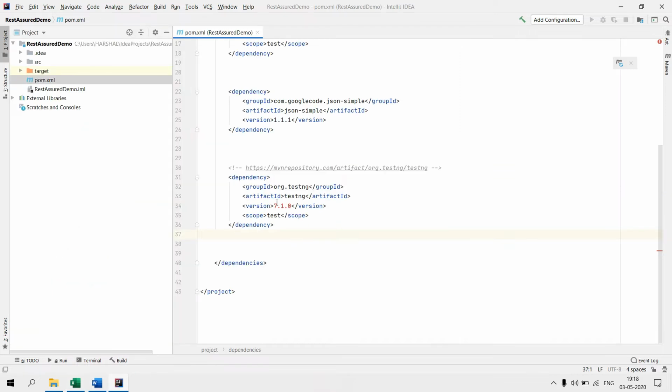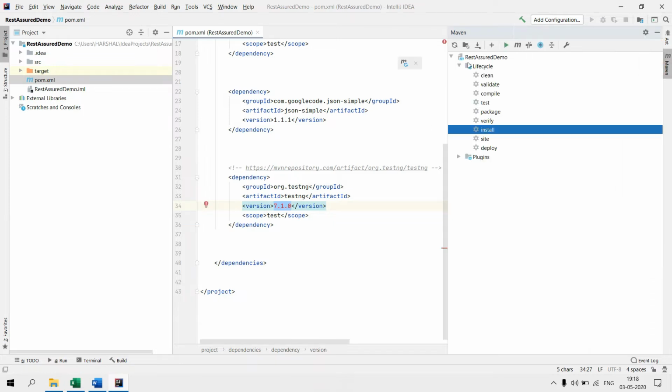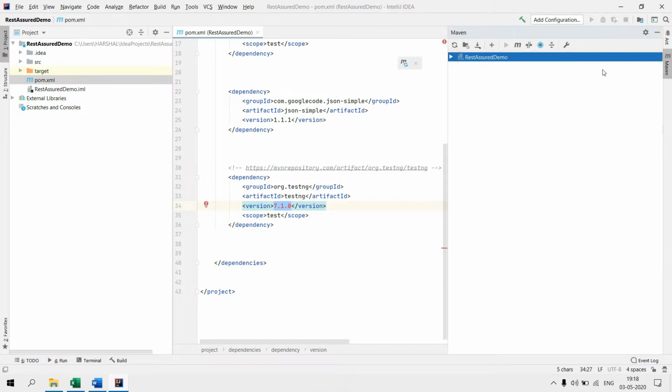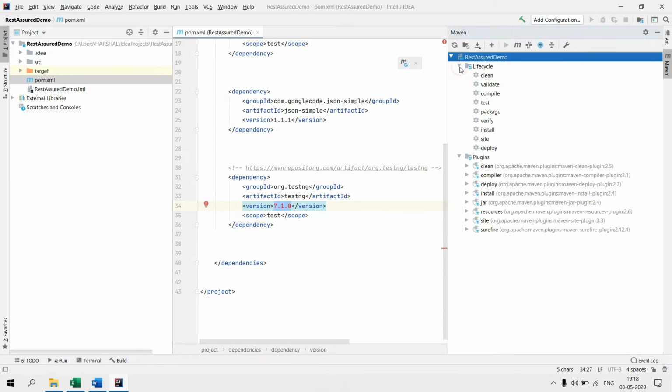Oh, it's showing some error over here, that is the red line. So we will try to run this Maven project. For the IntelliJ user, you can directly click on Maven over here, and if you expand our project, there are some options.